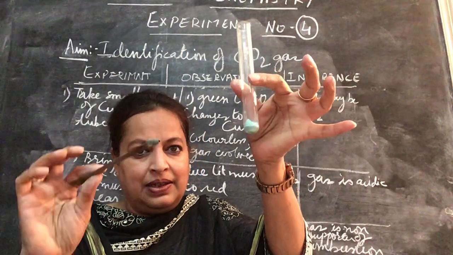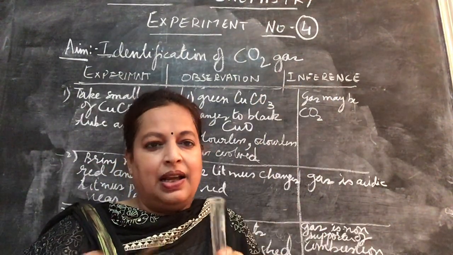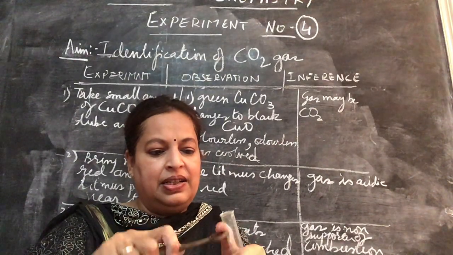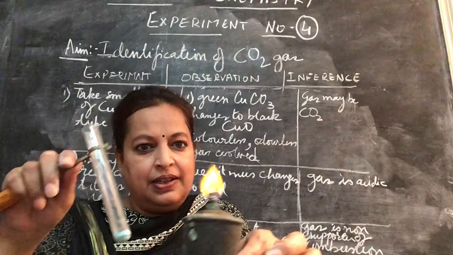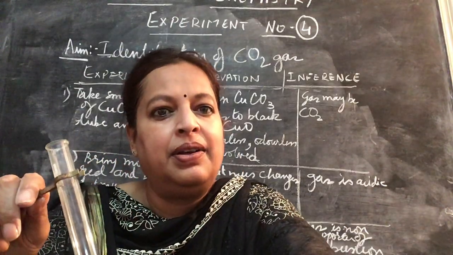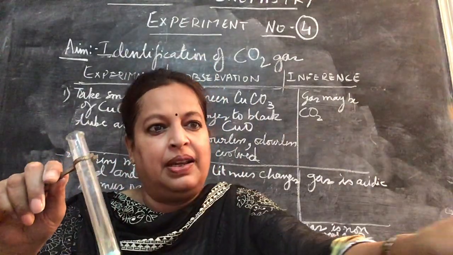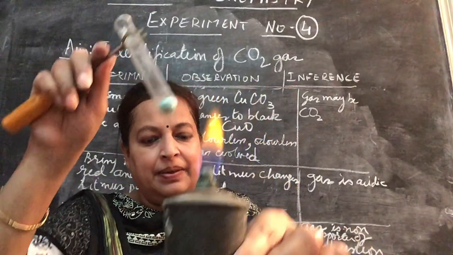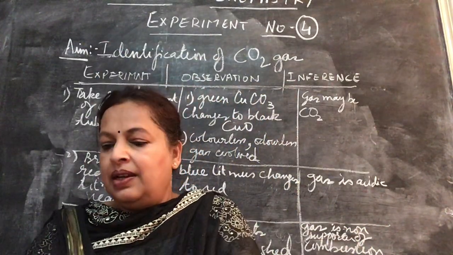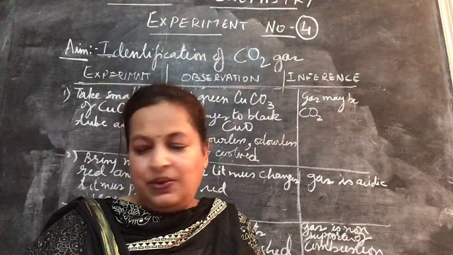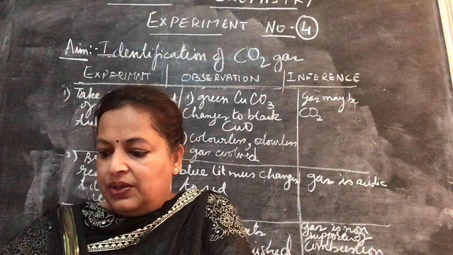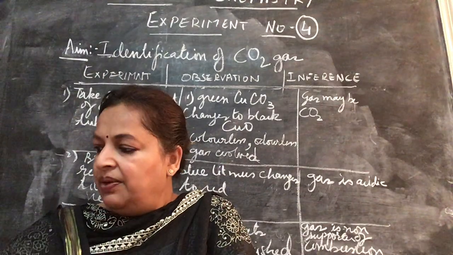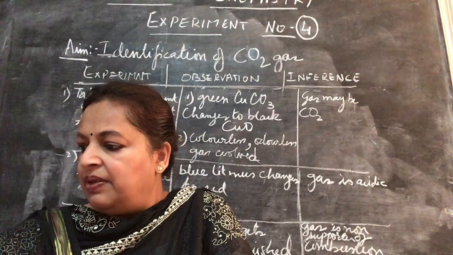So this is copper carbonate and I'll be heating it. When we heat it, we have to arrange the test tube, and this is the spirit lamp, the burner there, right? Now, I also need what? As usual, moist red and blue litmus paper. So I am taking moist red and blue litmus paper to be ready.